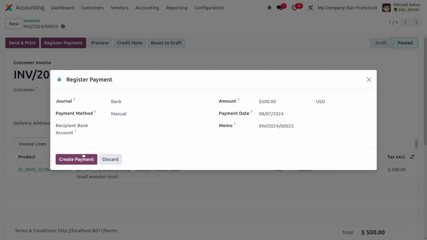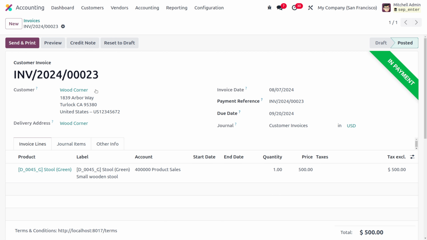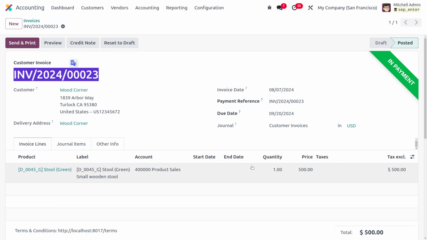And afterwards, let me click on create payment. And while creating the statement, we just need to know the customer invoice number, because here we will be doing an auto validation. So by matching with the reference number, that will auto validate with the payment, and the statement will be matched, and it will make the reconciliation.